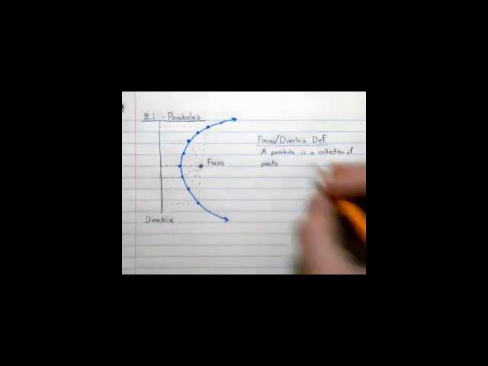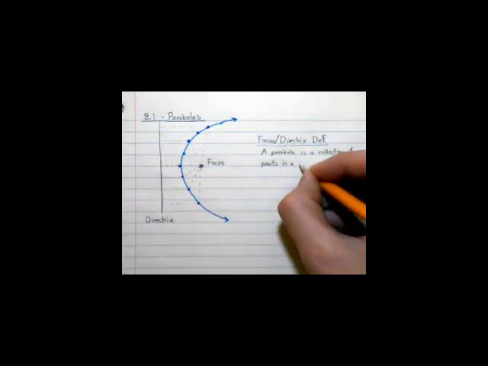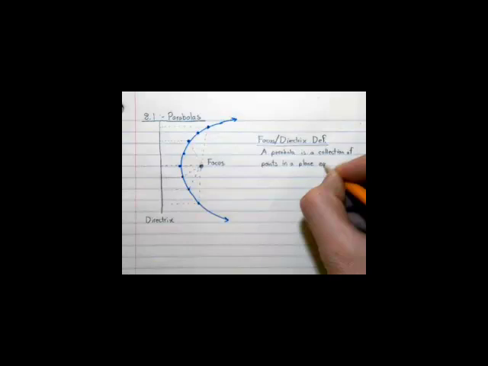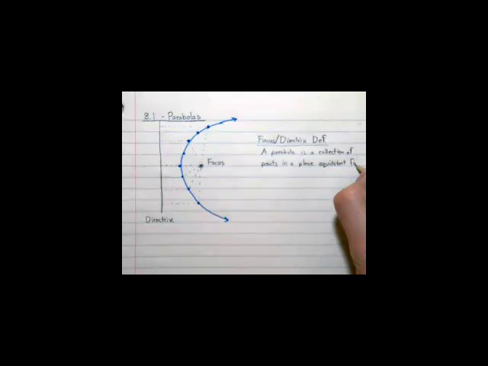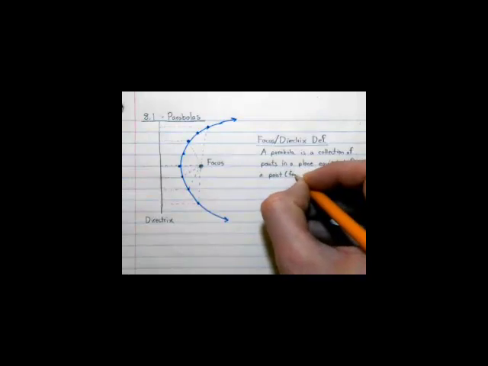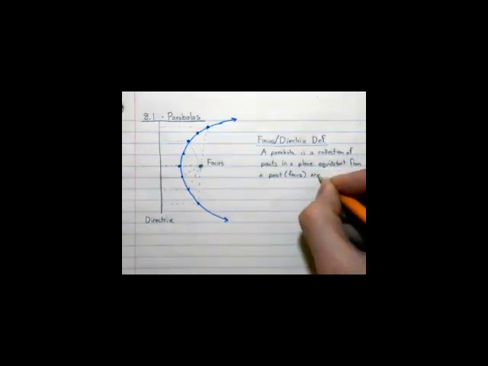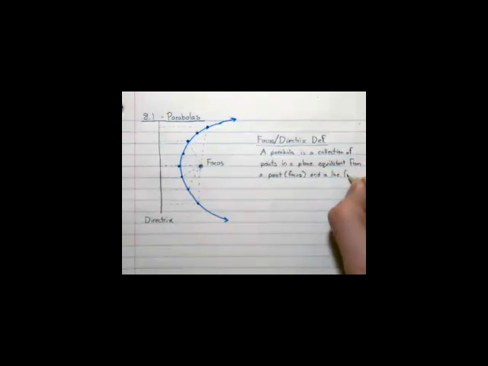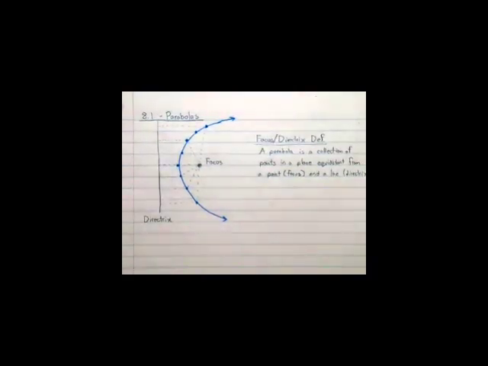So a parabola is a collection of points in a plane equidistant from a point, the focus, and a line, the directrix. And we probably won't get to this till tomorrow, but the focus is important too when we start talking